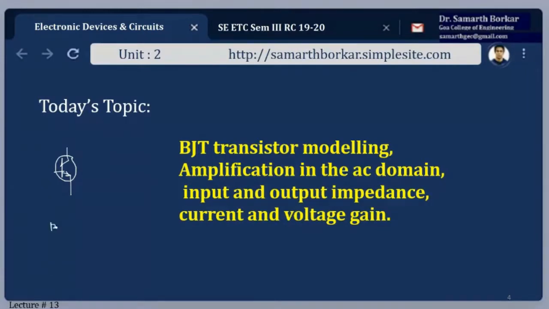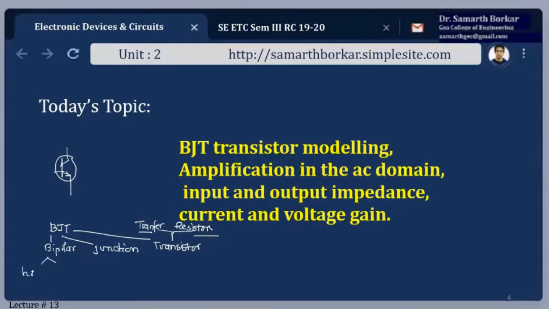transistor. Fine, BJT stands for, this transistor is again coined from two words, transfer of resistors, meaning from the input impedance to the output impedance, there's a gradual shift. Okay, the change in the resistances. So it is transistors. Fine. Now, why is it referred to as bipolar? Because here the current conduction is due to both the holes as well as electrons. So the name bipolar, holes as well as electrons.